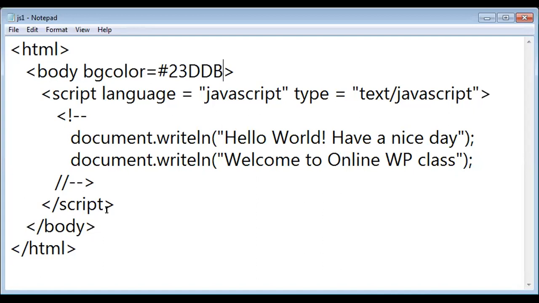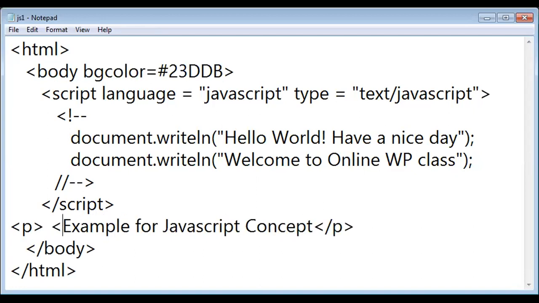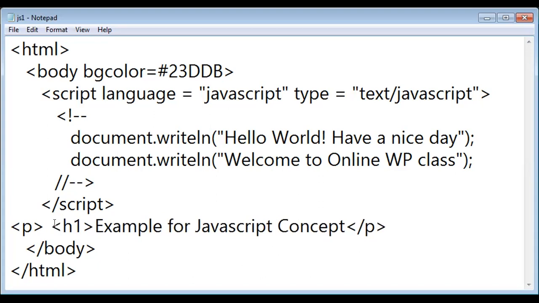And then after the script I'm starting a paragraph, example for JavaScript concept, close the paragraph, and then you want this in H1 form, so H1, and closing of H1. Like normal tags, you can use them across.